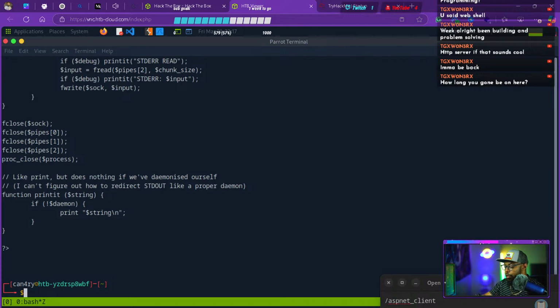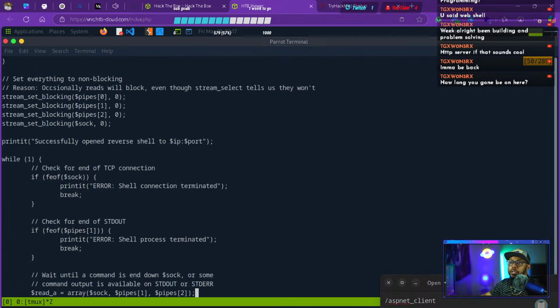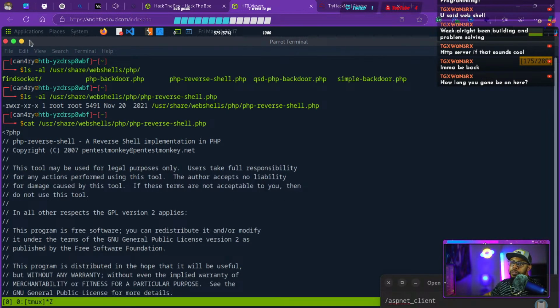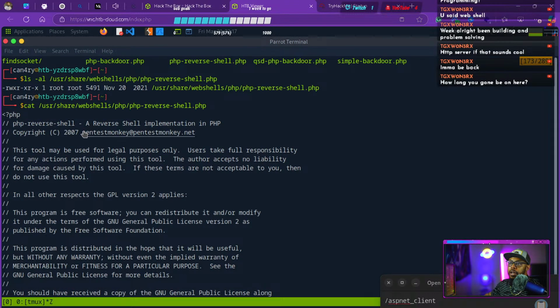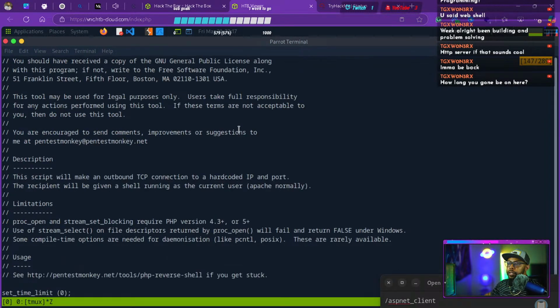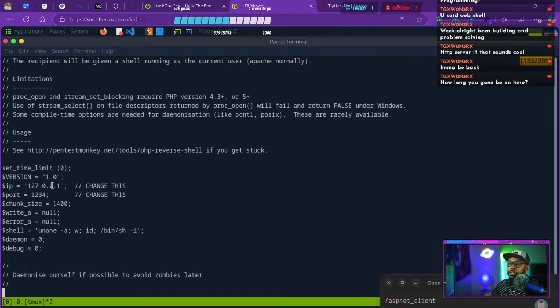So if you remember this one, and if you don't remember it, you better get used to it. This is a super common one, and it's going to start off with the PHP opening tag. It's already made by Pentest Monkey, super popular if you haven't heard of them yet. The only thing that you need to change, and the cool thing is, you change this for your exact VM that you have now. You don't have to change it again, because what you're going to do is copy this file